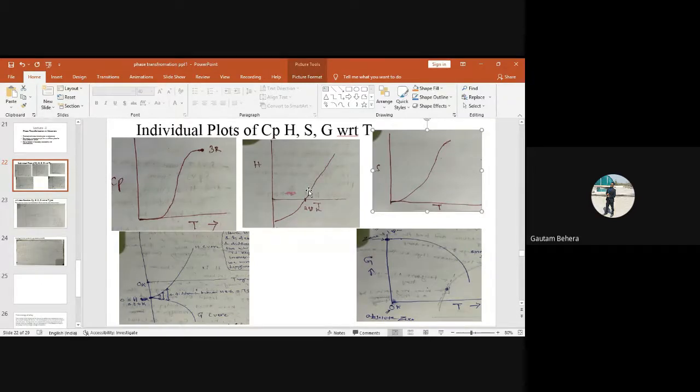Okay, can anybody define these thermodynamic functions, Cp, enthalpy, and entropy? Let me see how many of you can define this. You have already gone through metallurgical thermodynamics. At least you should know the definition of Cp, or basically enthalpy, entropy, free energy. Already we have discussed that in the earlier class. So what is heat capacity? Can anyone tell me?